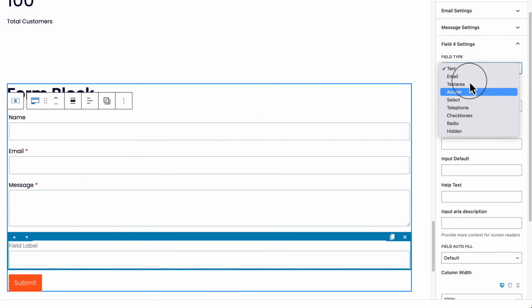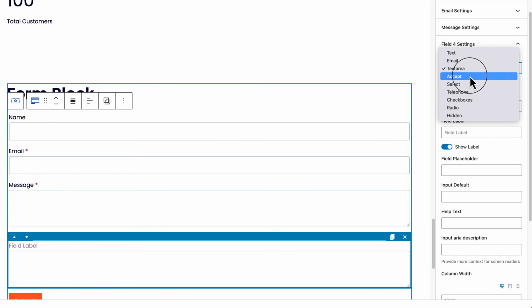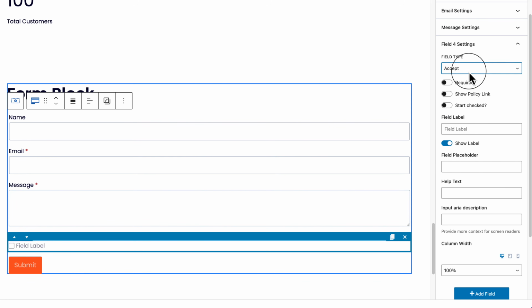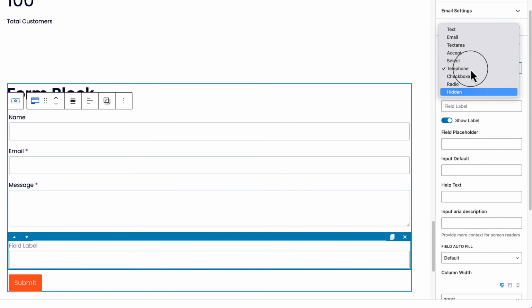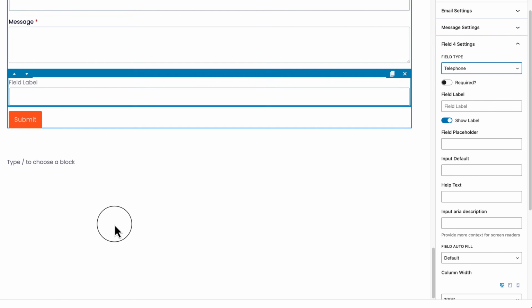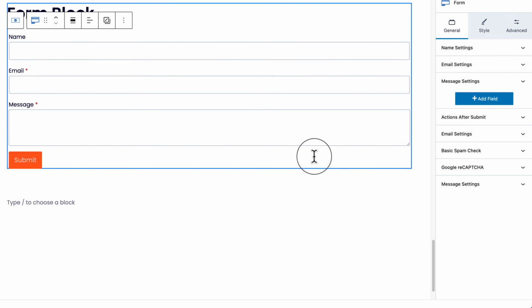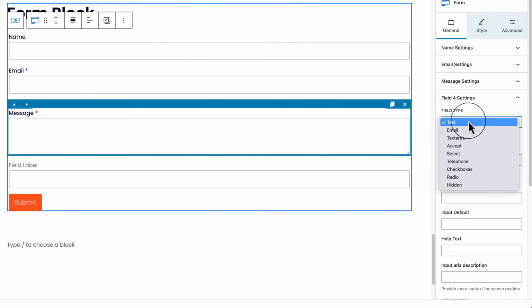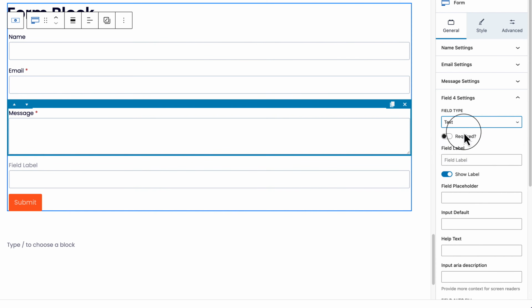If I want, I can make it text area, I can make it accept, or telephone. So there are several fields, which are the basic fields like text, email, text area, select, telephone, checkbox, radio button, and hidden fields. So these are the basic fields for creating a basic contact form. So let's close this one and add another field here by clicking over here, and let's say text, and the field label should be subject, and